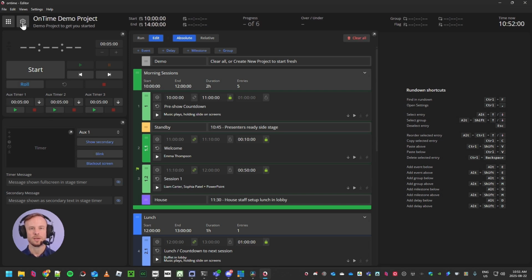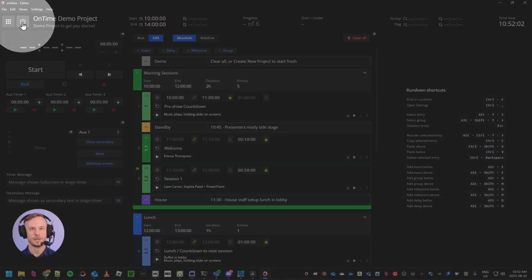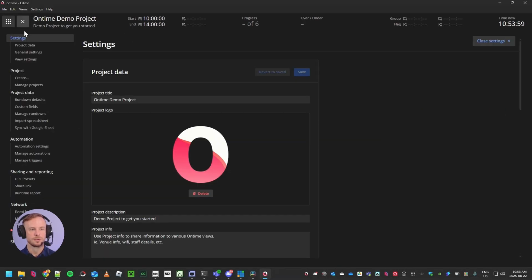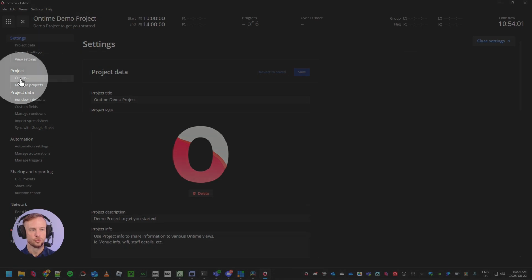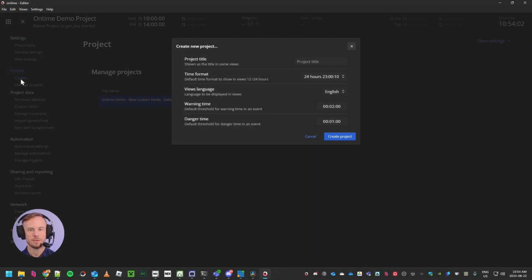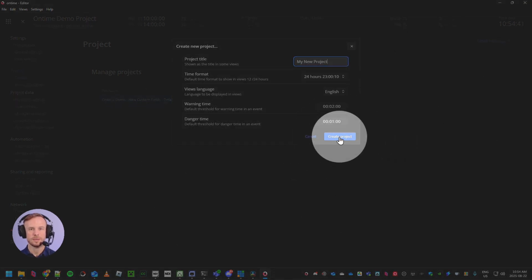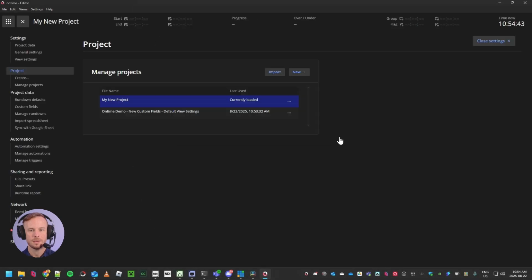To create a brand new project, go to the top left to the Settings cogwheel. In the Settings, under Project, click Create. Give your project a name and click Create Project. Go to Project Data,